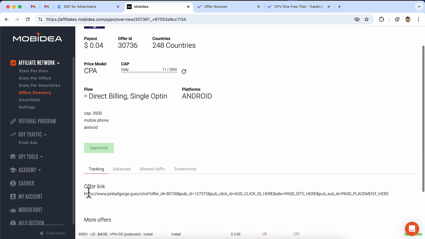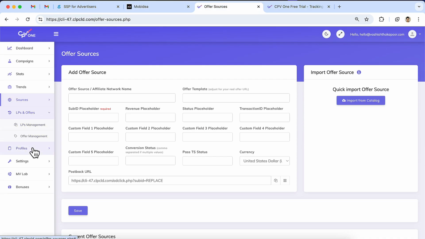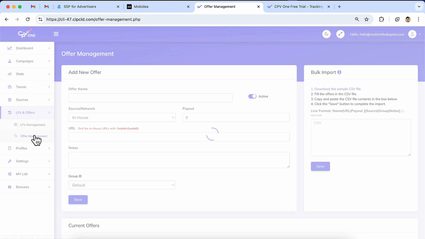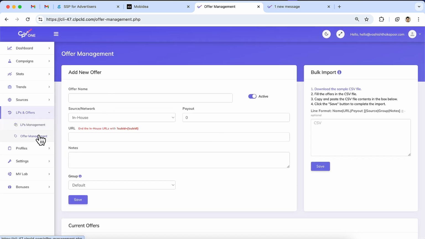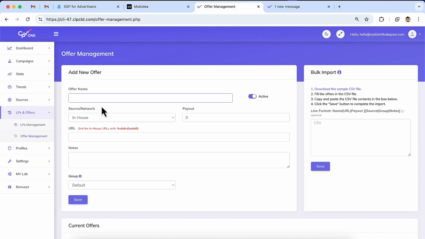So see, I am approved for this, so I will copy this URL, go back to CPV1 dashboard, and here you can see LPs and offers. Now here you need to add offers in offers management, and you can copy the offer name right from the Mobidea.